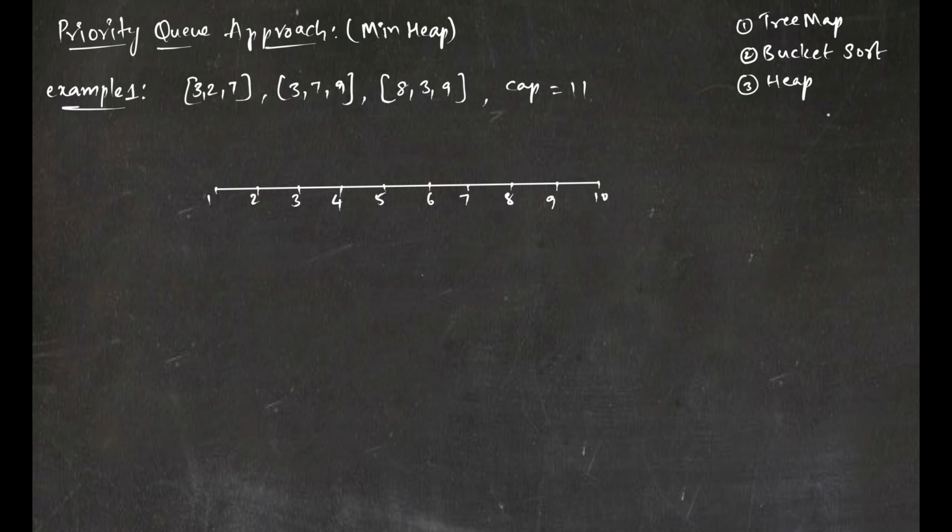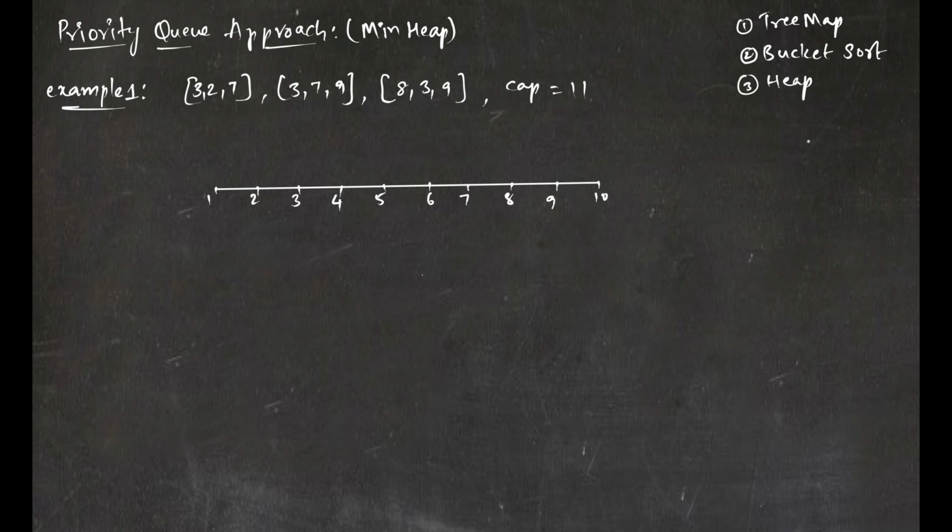This problem can be solved using multiple approaches. First one is tree map and the second one is bucket sort. Why bucket sort? Because in the problem statement we are given a note that our kilometers range is fixed and our trips are in a certain range only. Since my minimum starting location and maximum ending location are fixed and are in a certain range, bucket sort will definitely help to solve this problem. And the third approach is a heap or priority queue.